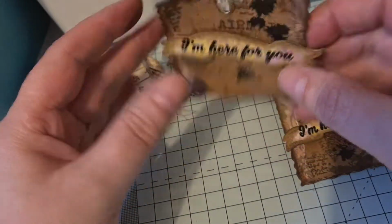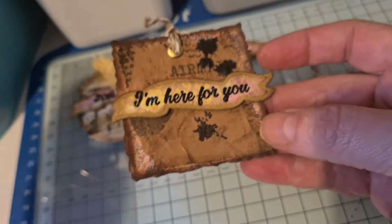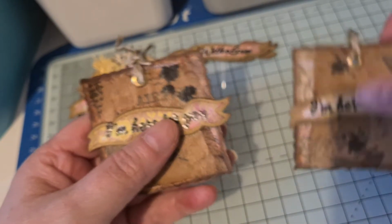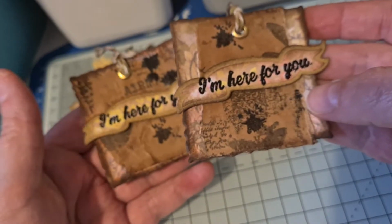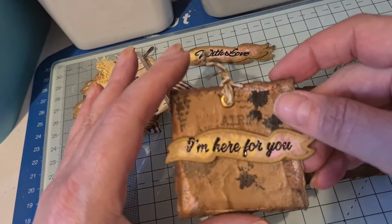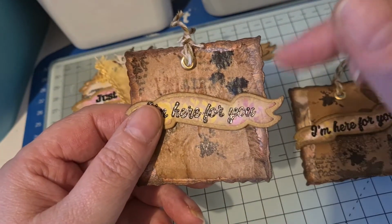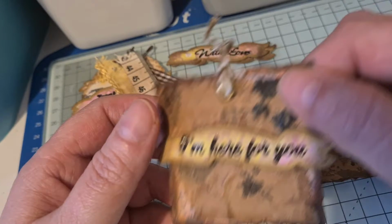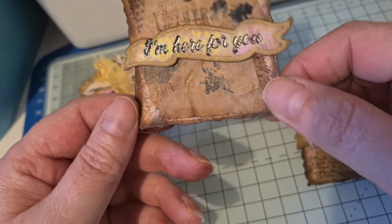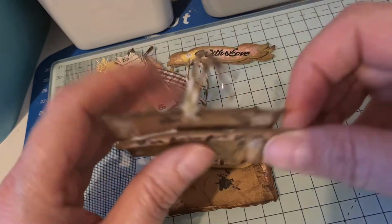Now these are using again a scrap of card, then some scraps of paper that was left. I've got a little pot of scraps for vintage stuff, two different backing papers, and then this brown bit here in the middle is actually a bit of the backing paper that was left from those clusters that I just showed you that I'd stitched. Obviously when I stitched them all I just ripped around them, so I've got some bits left. You can see the ink splodges there, just a bit of stamping, so that's all on the paper. So I've just stuck that down to the backing paper,